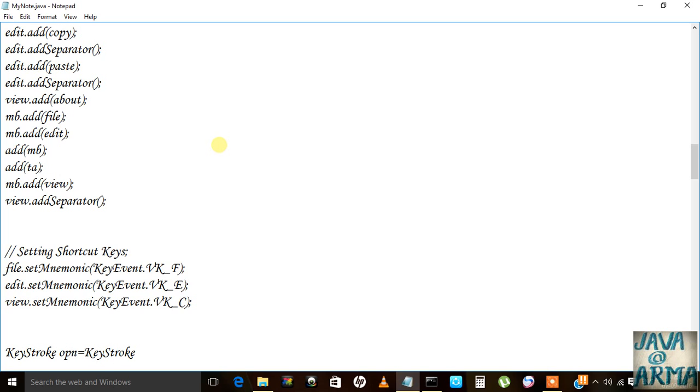Keystroke class dot get keystroke. So this is the keystroke class, and this is the method to get the parameters, and it will take two parameters, that is key event dot which we want to set for the open function. So I will use O, and then I will use key event, and it will take